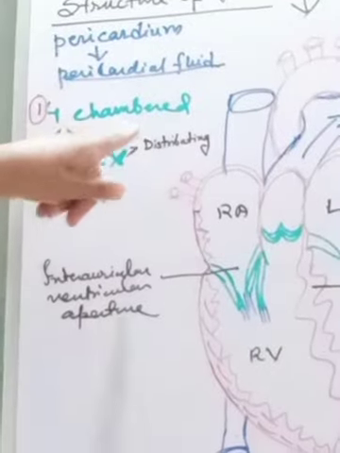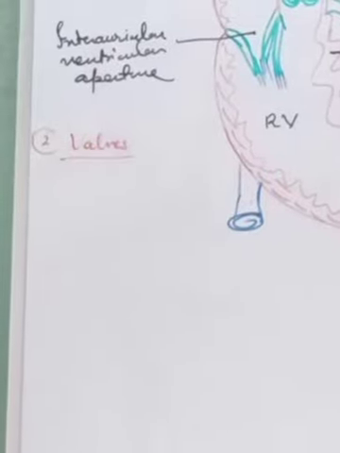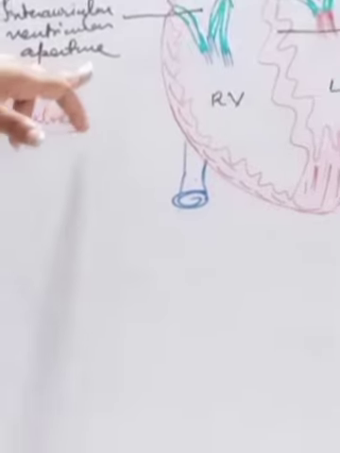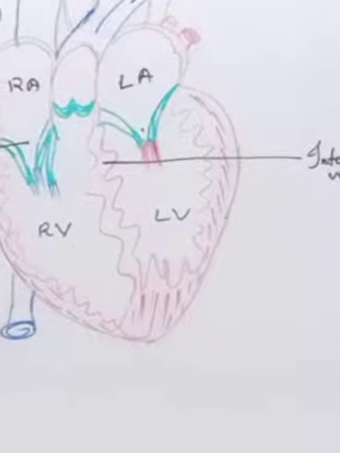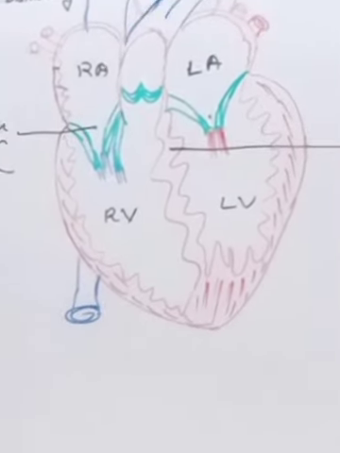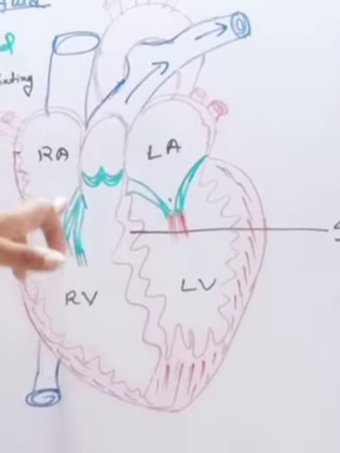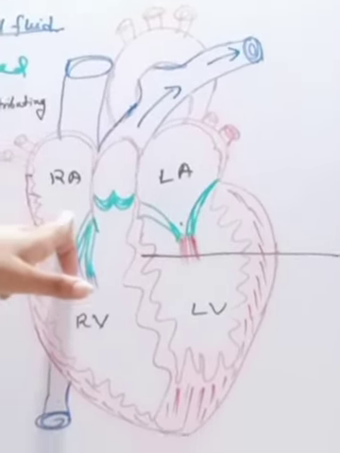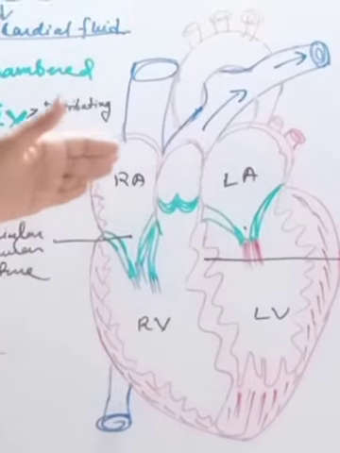Now, after the 4 chambers, I would like to come to another important thing. I explained the chambers first, then I would like to come to the valves that are present in the heart. Why am I coming next to the valves? Because I have to deal with the covering of this aperture. Clear? As I told you, the auricles receive the blood from the different parts of the body. After receiving it, they will naturally push it to the ventricles, but they are guarded here by a valve. Why is this valve present? To prevent the backflow of the blood from the ventricles again to the auricles.